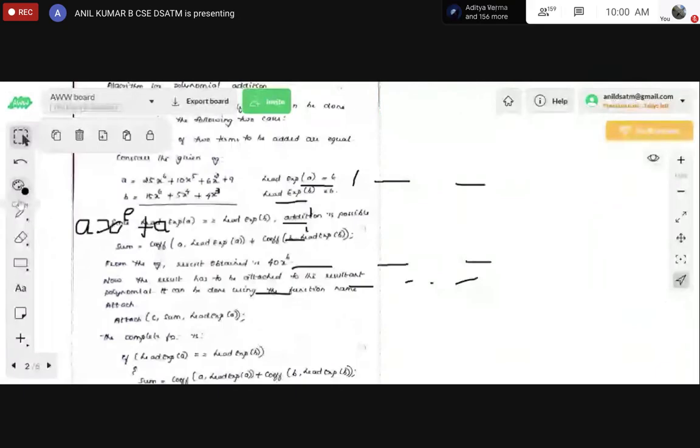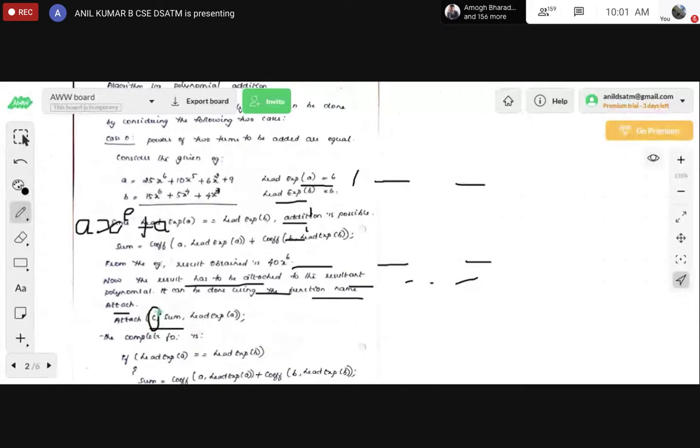After performing an addition, that result you have to attach to the resultant polynomial. It can be a function, you can call it attach. So attach of C is one more variable that we created for storing the resultant sum and lead exp.